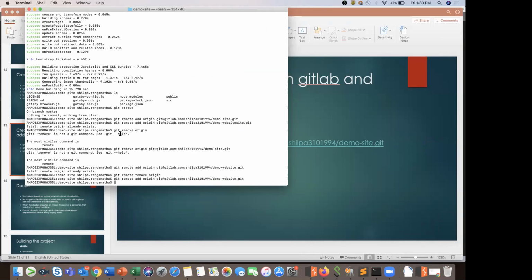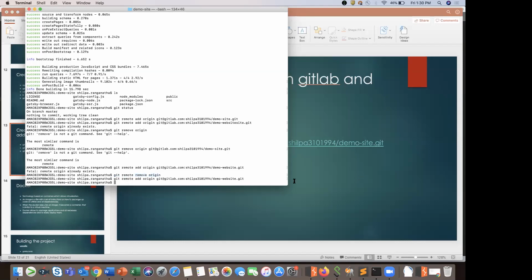Since a remote was already added, I was not able to add the correct remote repository. So I had to remove the origin that I had set and add the correct origin here. The command for that is git remote remove origin. I had missed the remote there. So this is done.